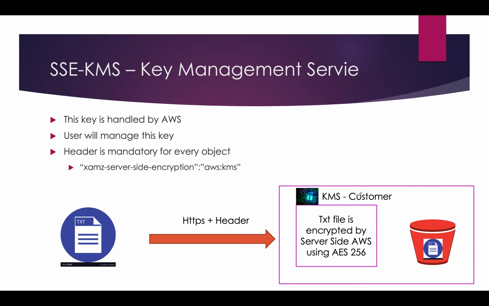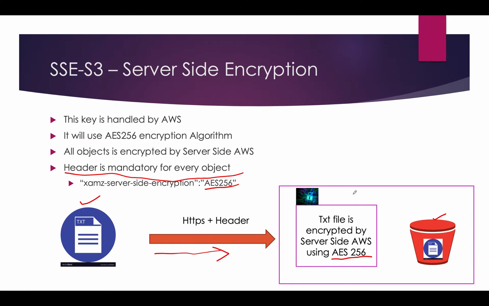When I say the customer, people will get confused, maybe client-side encryption also may come, right? That means if this is AES-256, you can't see the key. That means it is fully controlled by AWS. You can't delete it either. If you want to disable the key, you need to disable the whole bucket or whole object.